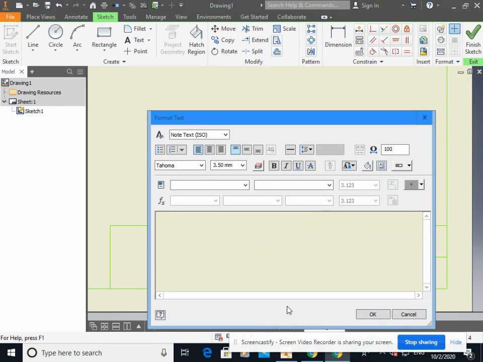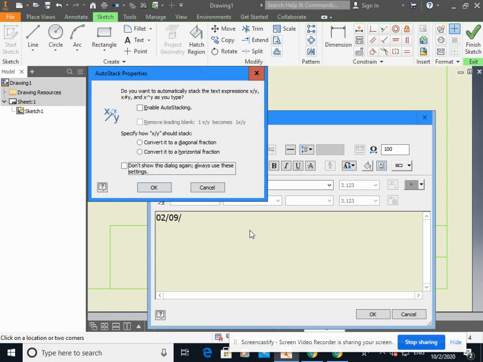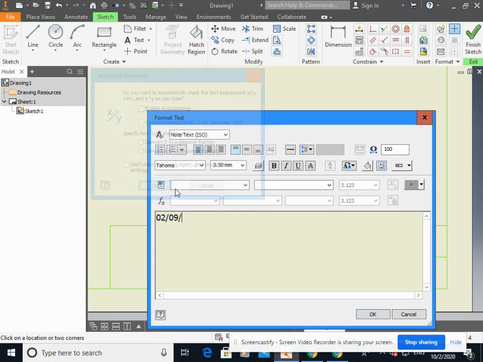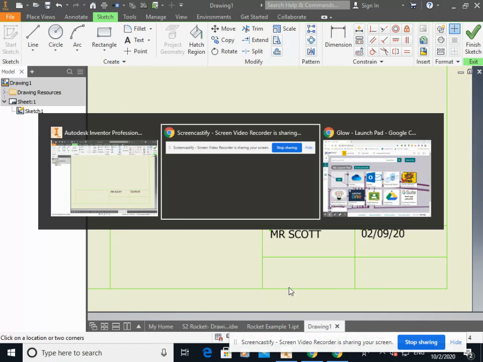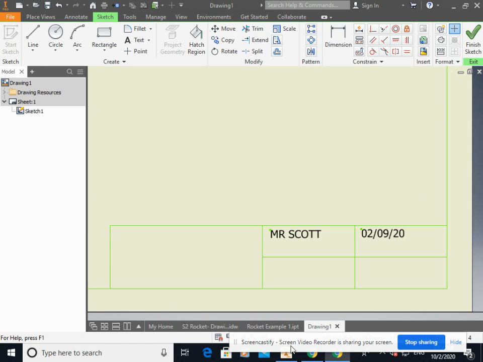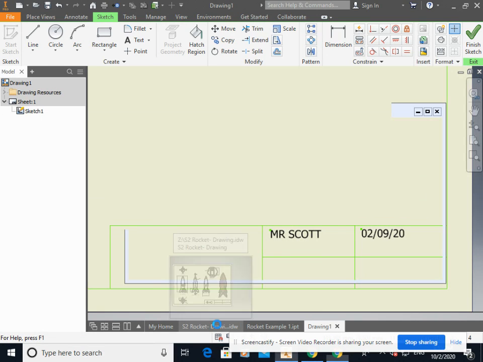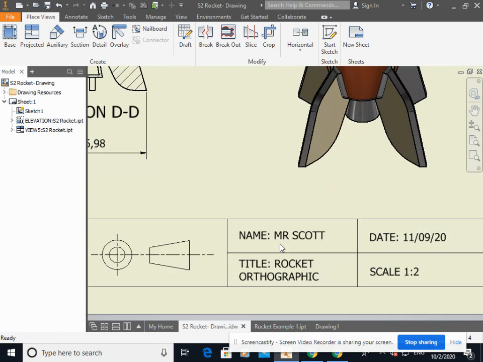And we could put in the date. So today is the 2nd. It is 2020. And so on. I'm not going to continue going through all the details here because you can figure that out for yourself. As I say, if we look at the example, you should see that we'd have the name, date,